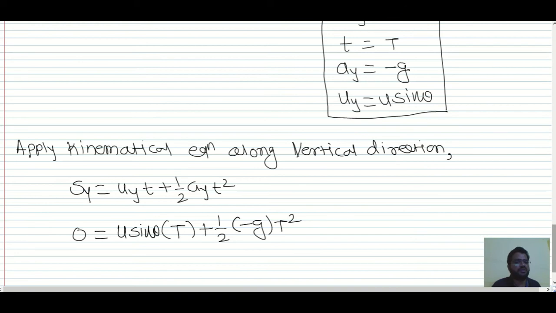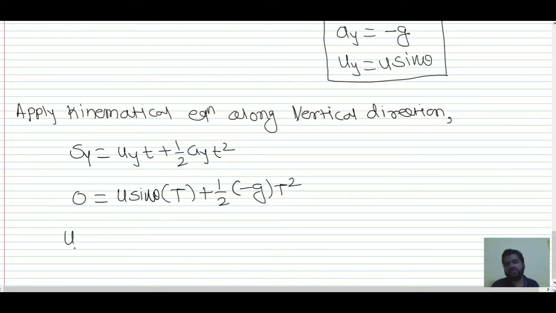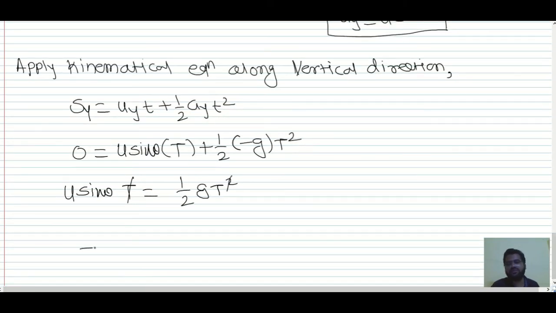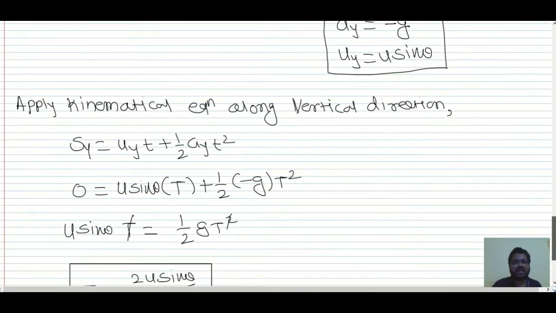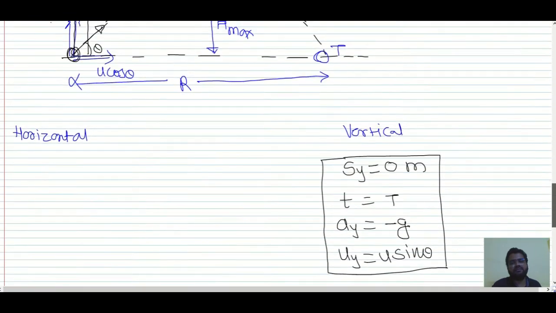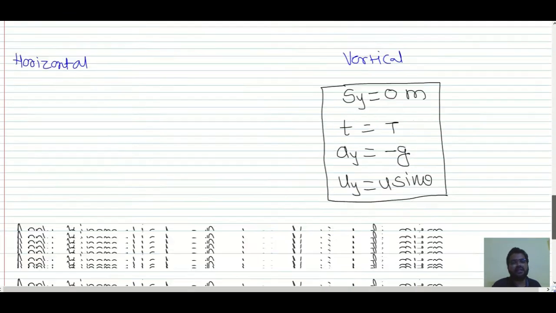It is t squared. Now if you just transpose this u sin theta into t this side, you will get 1 by 2 g t squared. So this t gets cancelled, and the time of flight we have is 2u sin theta divided by g. Isn't this very simple now? Tell me, isn't this very simple, if you just apply the kinematical equations along the vertical? Now along the horizontal,